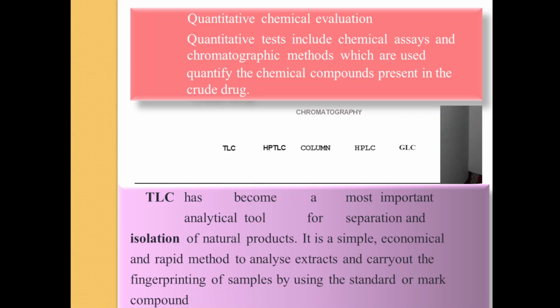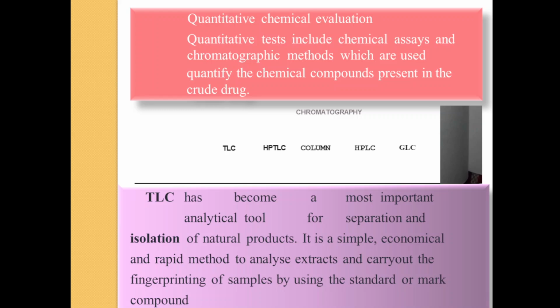Now, after qualitative analysis by different chemical tests, you will understand that this particular extract contains alkaloid, or glycoside, or tannin. Now how much glycoside is present, how much alkaloid is present, which alkaloidal compound is present, and what is the active constituent in the drug that gives a particular therapeutic effect, that complete quantitative evaluation comes under various chromatographic techniques, spectrophotometric techniques, or sometimes fluorimetry, colorimetry.